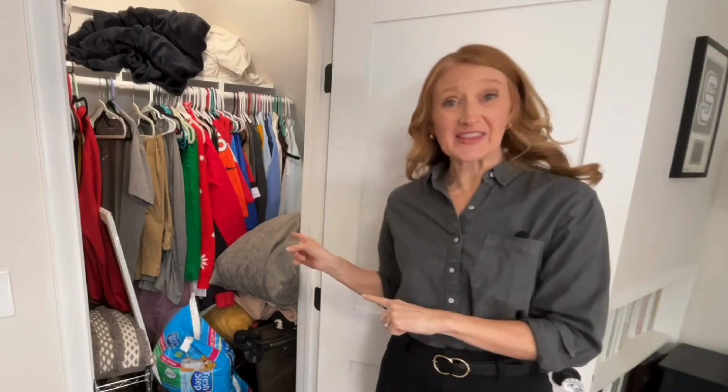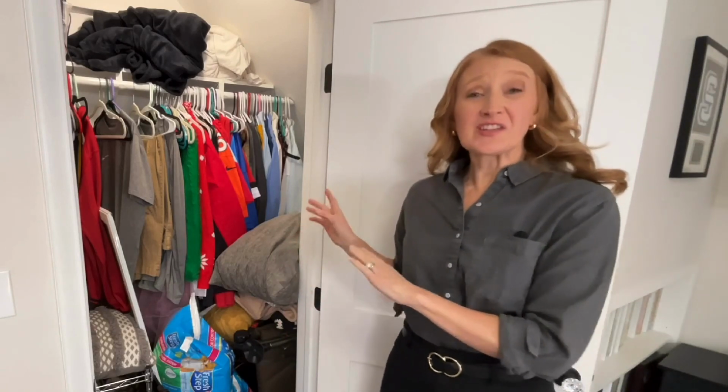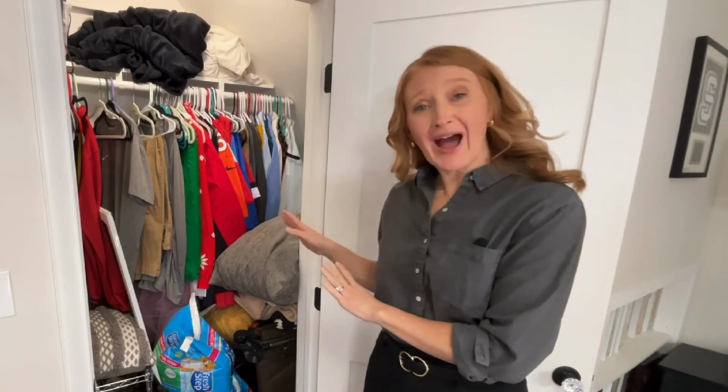Issue number 1 is that you have too much stuff and not enough space to store it. So I am going to be absolutely real with you here. This is my Monica closet. This is an example of a spot in my home where I have too much stuff and not enough storage